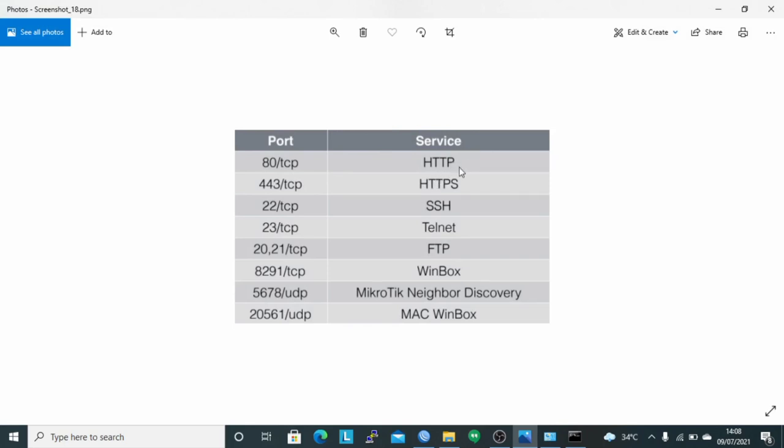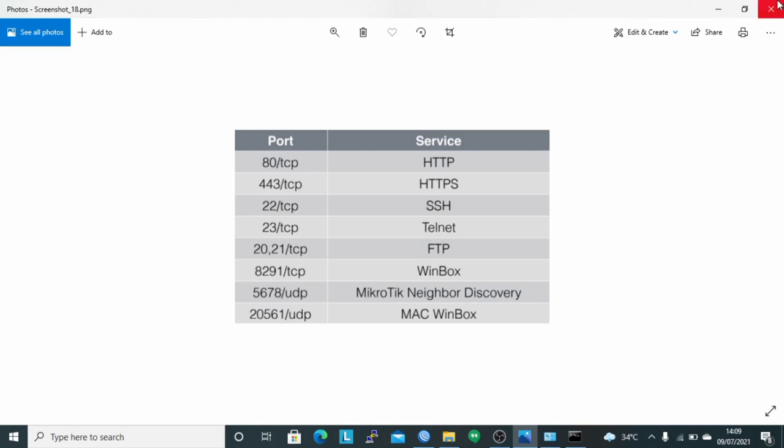Here, the HTTP server uses port 80, HTTPS uses port 443, SSH 22, Telnet 23, FTP uses ports 20 and 21, Winbox uses port 8291, MikroTik Network Discovery uses port 5678, and MAC Winbox uses port 20561, using protocols TCP and UDP.